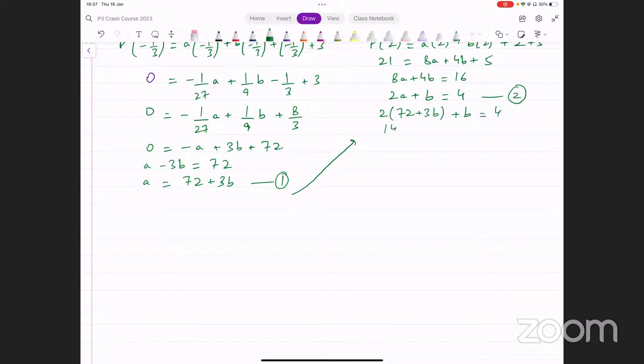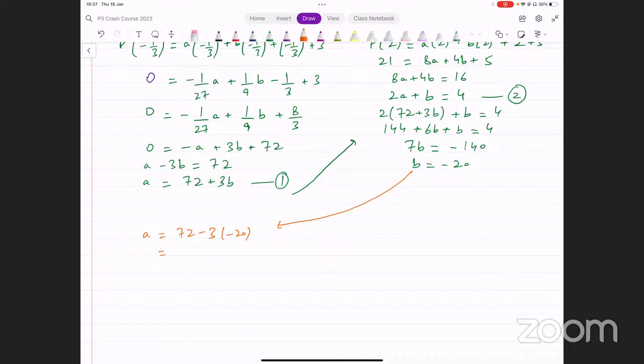Now simplify this. You get 144 plus 6b plus b equals 4. 7b equals minus 140 and b equals minus 20 from this. Put this back in the other equation now, and that's going to give us the corresponding value for a. A equals 72 minus 3 into minus 20, and a turns out to be equal to 72 plus 60,